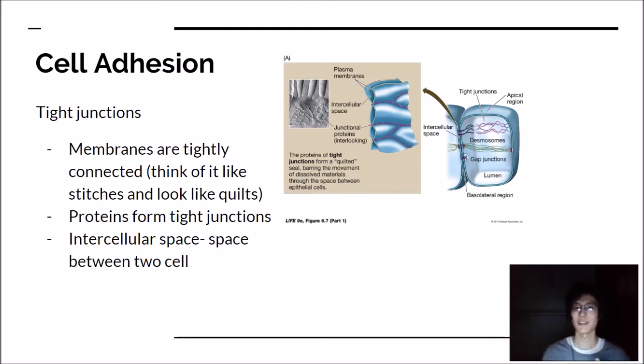Think of it like stitches, as mentioned here on the slide. And then there are also proteins. These proteins form these tight junctions, which allow for this concept of intercellular space between these 2 cells. So they are very tightly connected in terms of this particular type of cellular adhesion. Tight junctions are pretty important, but I think the next ones are probably a little bit more important in many ways,